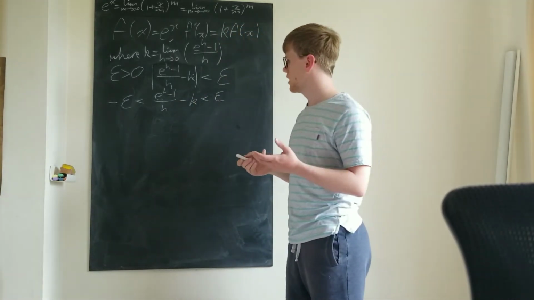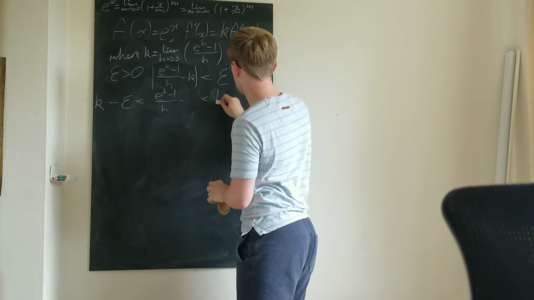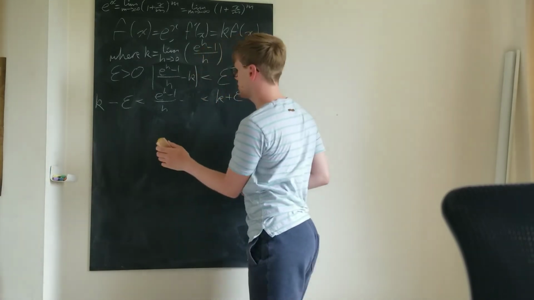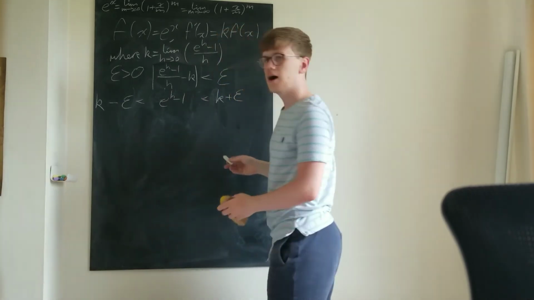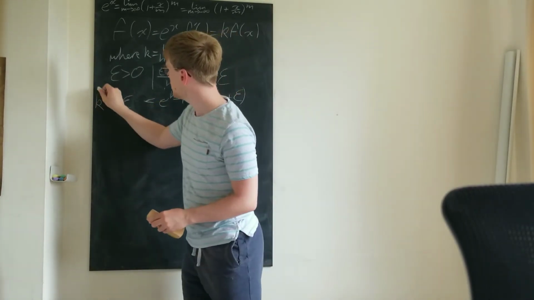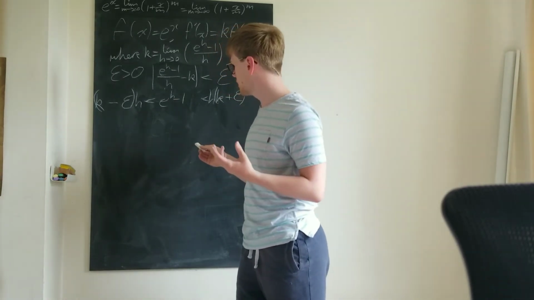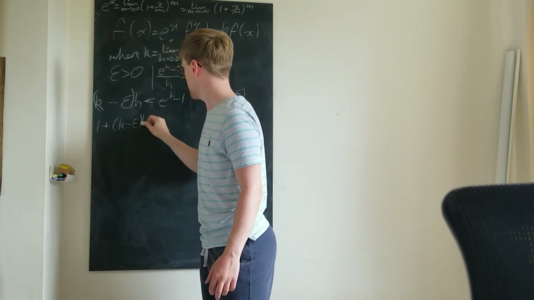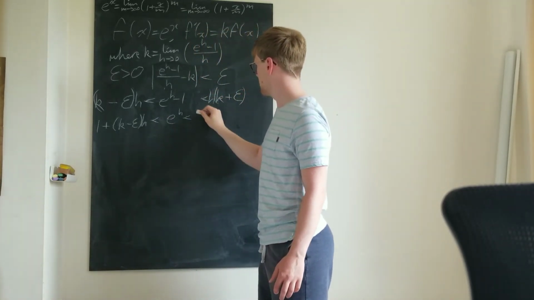And I can do some rearranging now. I'm going to add k to each side. So then I get this. And I'm going to multiply each side by h. So we'll do the middle first. That becomes e^h - 1. This becomes hk plus epsilon. And multiplying this by h here. Now I can add 1 to all three expressions. And so 1 plus (k - epsilon)h is less than e^h is less than 1 plus